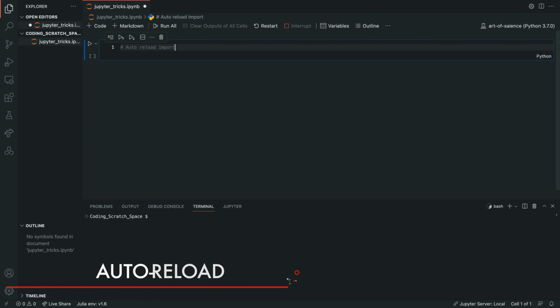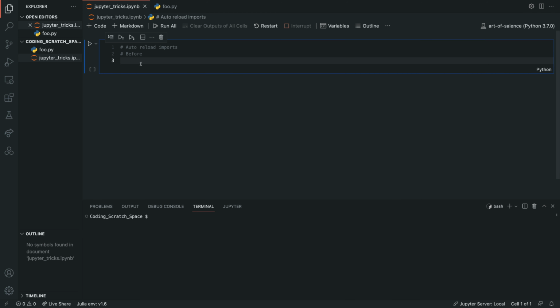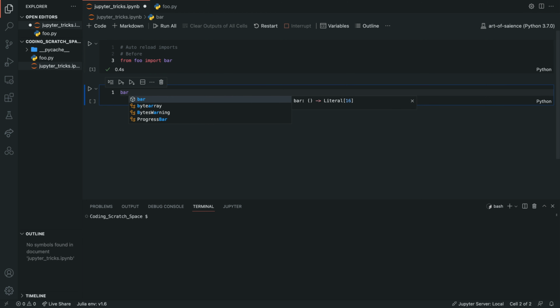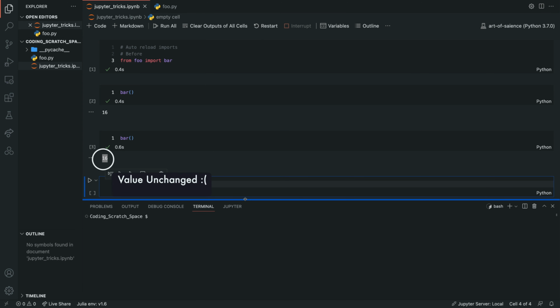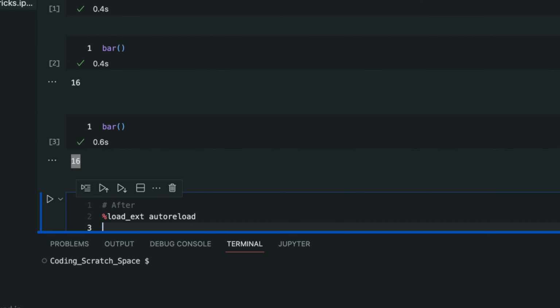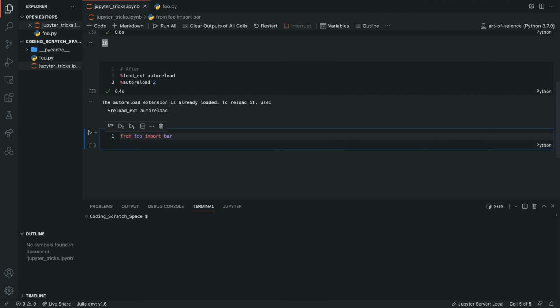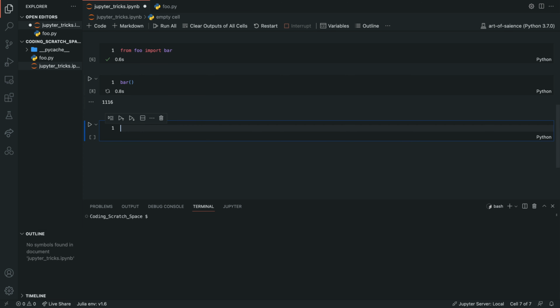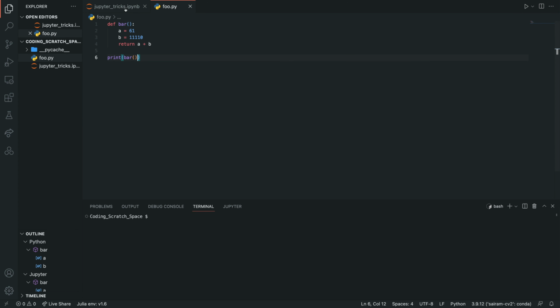If you use Python files along with Jupyter notebooks, you will be editing the files as you work. One annoyance I've had in the past is that I had to restart my Jupyter session all over again when I made changes to these files. Using the auto reload magic keyword instead saved me a ton of time. By turning on auto reload, Jupyter re-imports all the modules you are using and ensures that you're using the latest possible versions of code. Additionally, you can also just run these Python files directly in Jupyter using the run magic